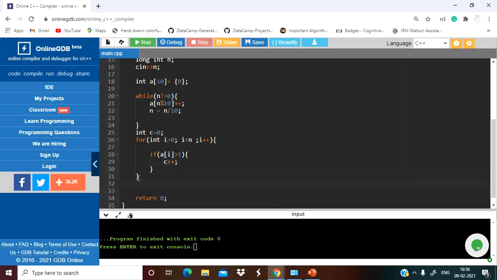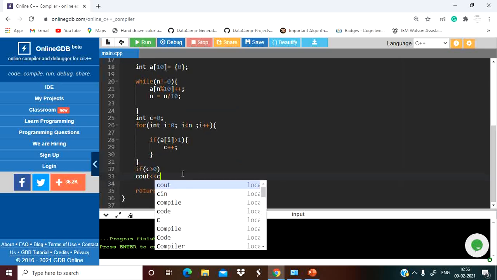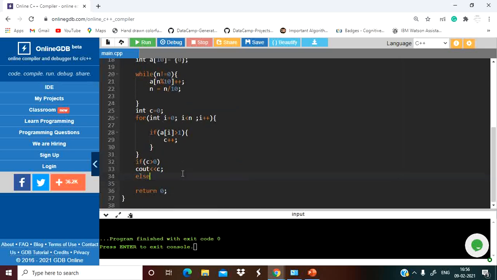After coming out of this loop, we will check if c greater than 0, then cout c, else we have to print -1, right?